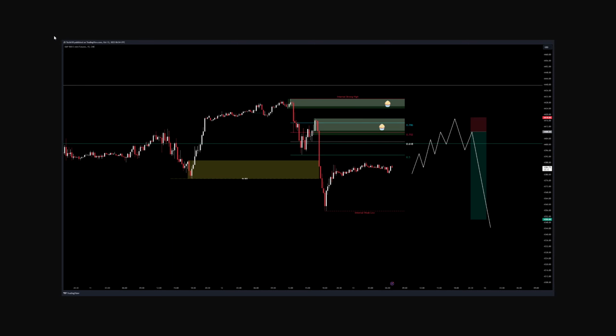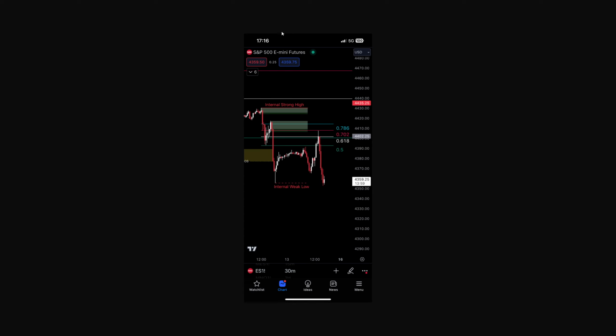Okay, so yes, I'm going to be talking you through this short setup that I gave to the crew on Friday. It was around 7 a.m. I'd found this setup. As you can see, at around 5 p.m., the move had well played out. Unfortunately, I was unable to catch this, but I was happy with the fact it worked because this set of